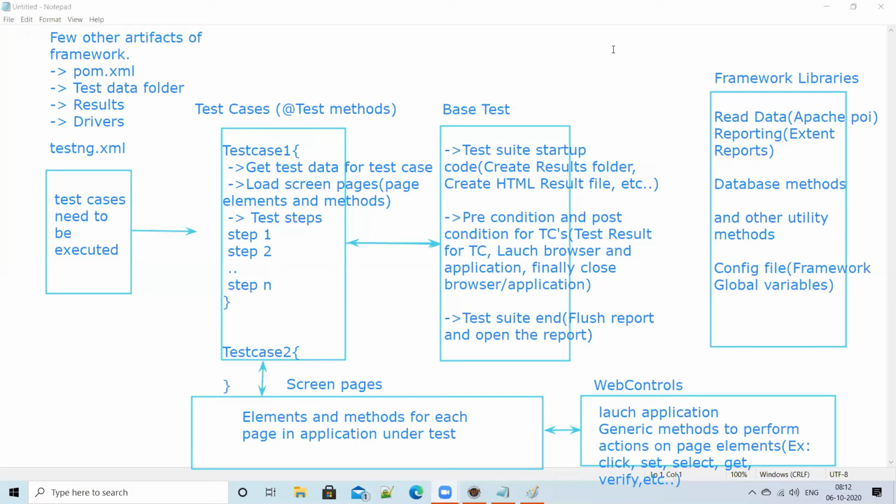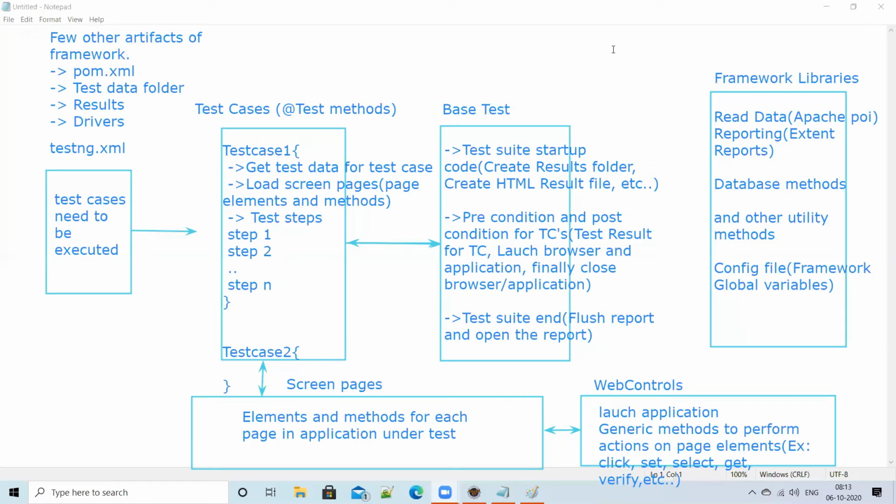So anyway, I touched almost each and every point. But you can even simplify it if you don't want to explain that much detail. So let me explain one more time in a simple way. Ours is a kind of hybrid framework. So we are using different combinations like modular, component based, like reusability of methods, and data driven approach. We are using TestNG for execution of test cases.